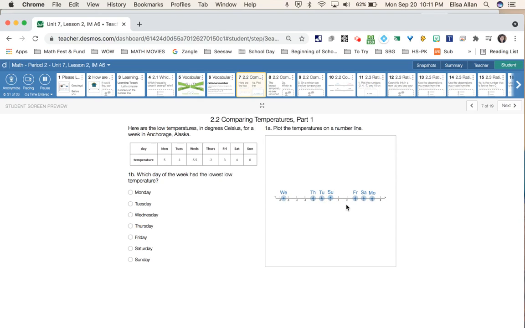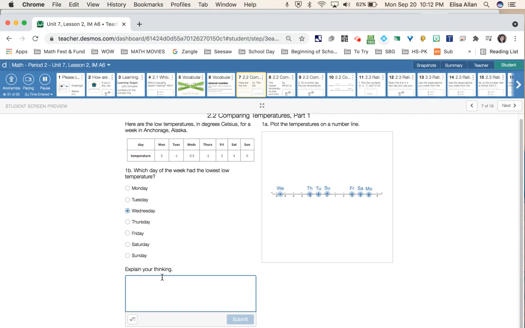Okay. And so now we're asked to answer this question, which is which day of the week had the lowest low temperature. And in this case, I can see that the lowest low, these are all low temperatures in Anchorage, Alaska, and the lowest of them all, I can tell right away, is Wednesday. Without having to look at all these numbers anymore, I can see Wednesday is the lowest, and I can tell